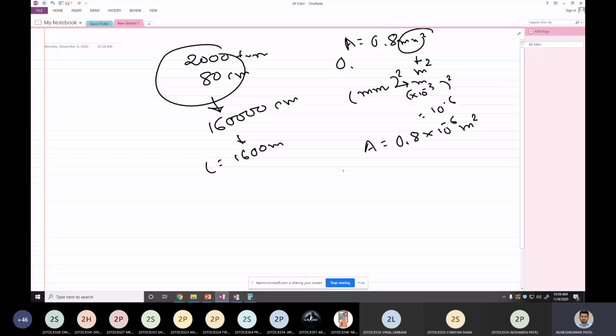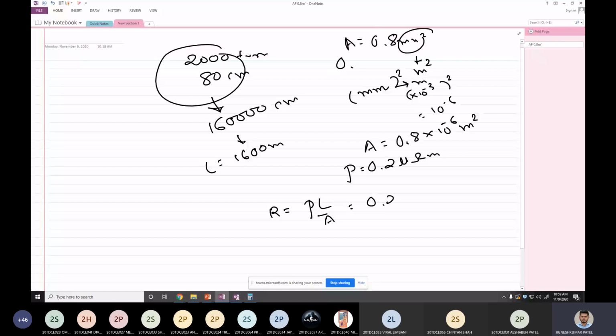The value of R would be rho L by A, which is 0.2 into 10 to minus 6 ohm meter, multiplied with 1600 divided by 0.8 into 10 to minus 6. These will cancel out each other. This would be 4 and this would be